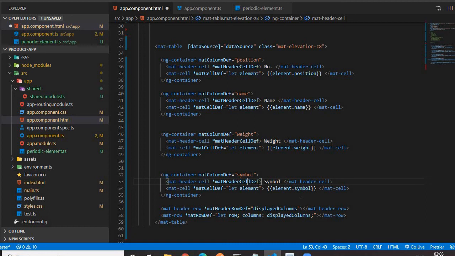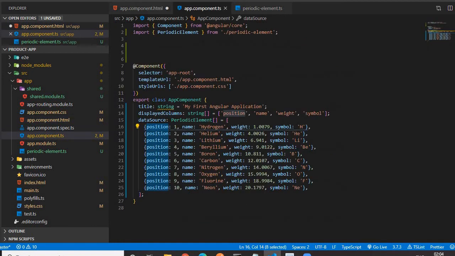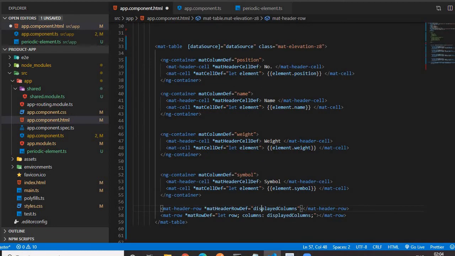Then one more important thing is, we have to declare another variable called displayedColumns, which is an array of strings, and it will contain the property names of the object. If you go to our TS file, we will find displayed columns, which is an array of strings, and it contains the property names of the object. Okay, it is necessary. So these are the changes and code needed for binding the data, an array of objects, in the Angular material table.